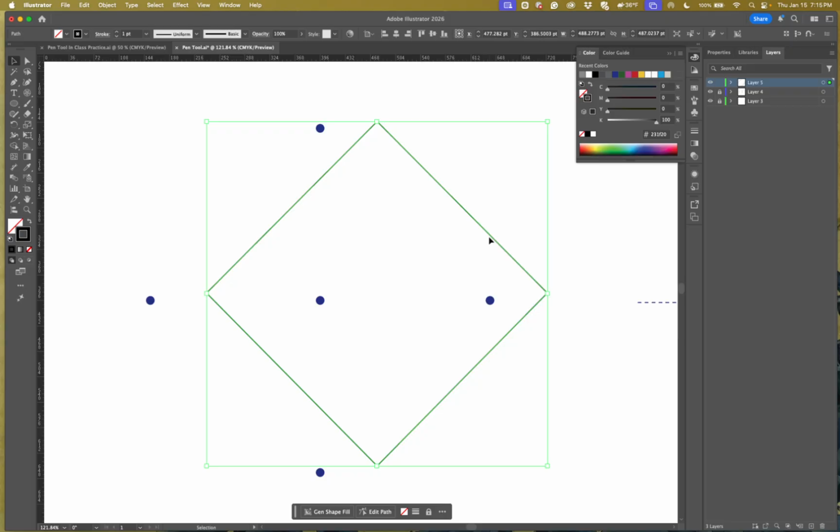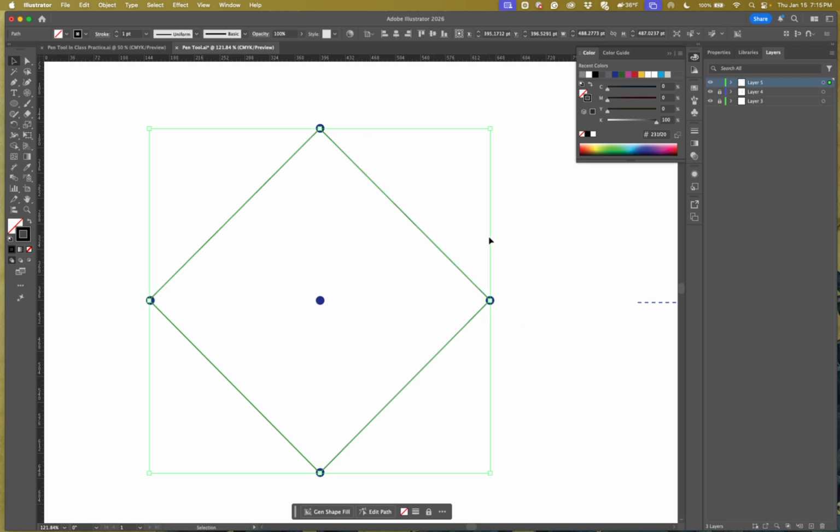Now, to get back to where we just moved it, I'm going to press Command Z to move us back. So undo, that's what Command Z is. Command Z is to undo something. So if you do something and you want to undo it, you just press Command Z. All right, I'm going to undo again because I want to get rid of this last line segment. And when I come back to the pen tool here,